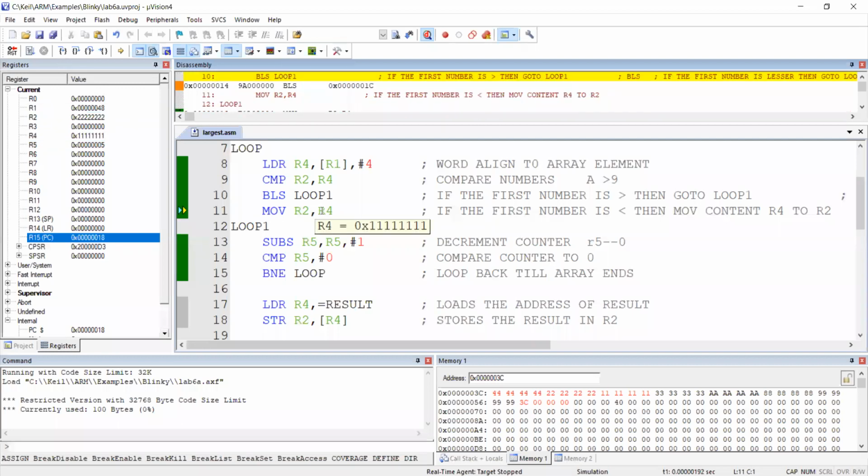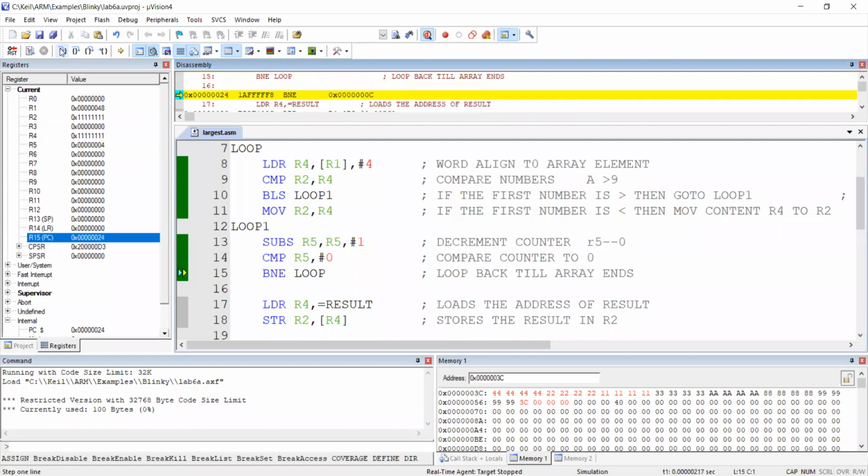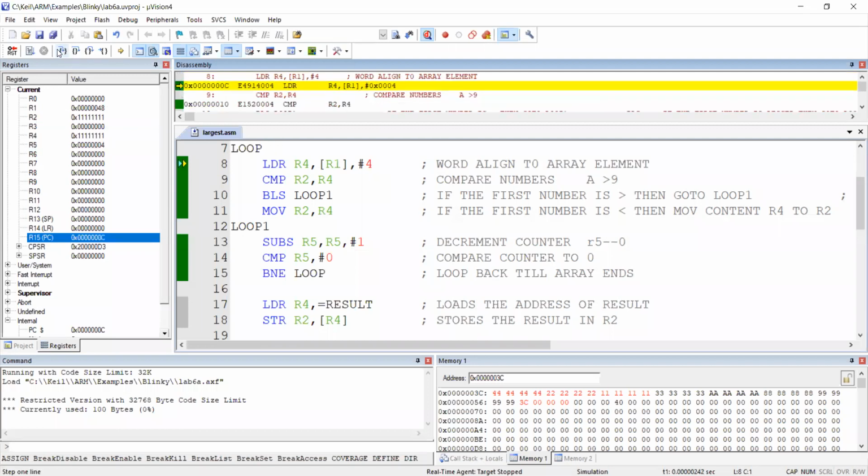So what are we going to lose and what are we going to take as a reference in future? What is going to be lost? Lost data will be 2222. Reference data will be 1111. Okay, so 2 is the lost data. Yes, we have lost 2 from this window. Reference is 1111, right. Next, this loop 1, I will move fast because you know that R5 minus and compare.